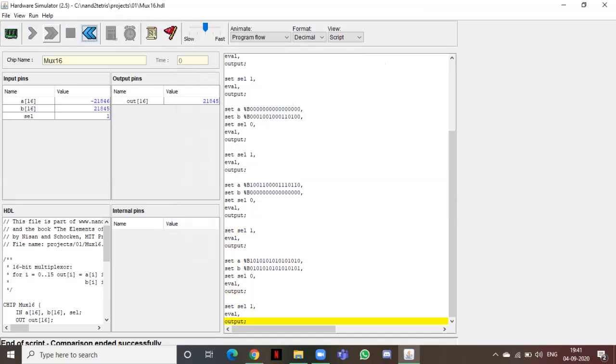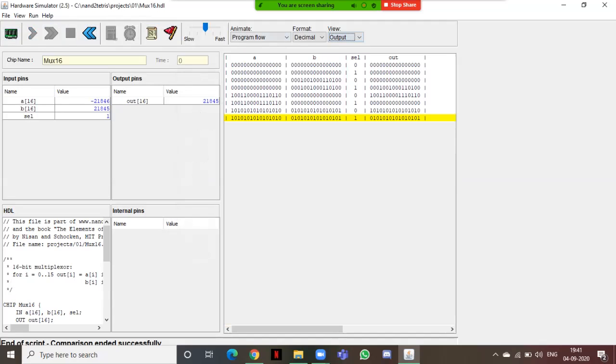There is a selector, did you observe? Now the output for the same. The output we are getting, see, the selector is there in our output. Now we'll compare the two.